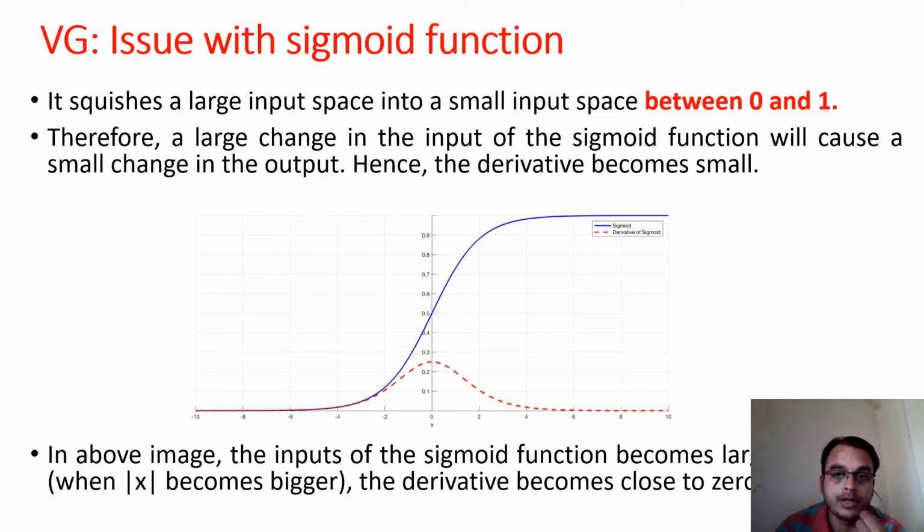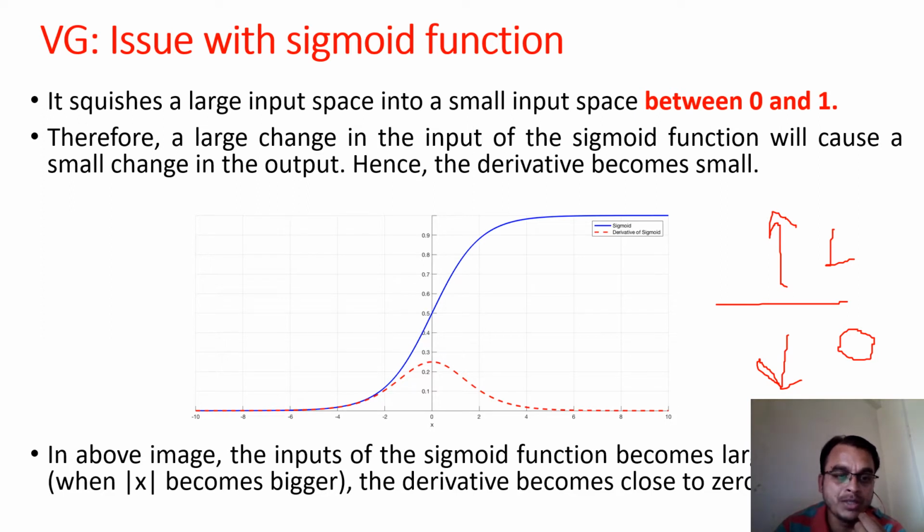So how does that change with respect to the sigmoid function? Yes, we are using the sigmoid function. What is the role of the sigmoid function? It's an activation function. What is the role of an activation function? If I want to classify, I can give a certain threshold. Values above the threshold are considered 1, and values below the threshold are considered 0. Now in the sigmoid function, it squashes the large input space into a smaller output space. The largest values will be mapped between 0 and 1.